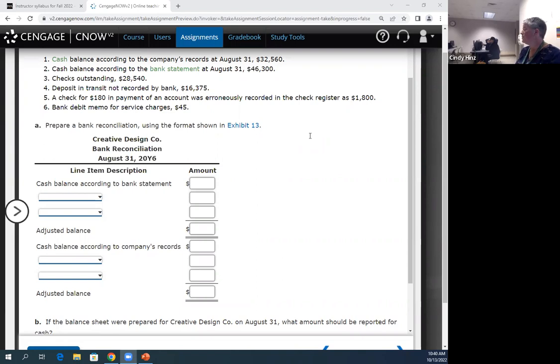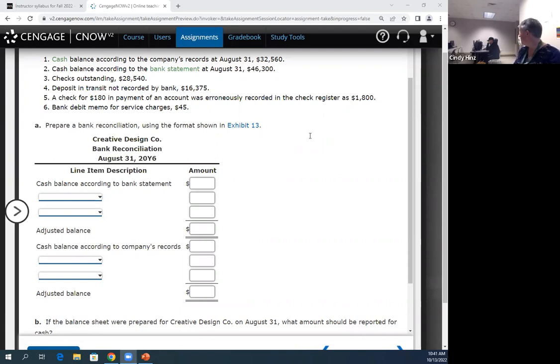What we are going to do in this exercise is see a very simple version of a bank reconciliation. And you can imagine that for a real company, this would get much more involved, much more complicated. And I'll talk about at least one of those differences and how it would look, to include more detail if this was a real company. So this is not a financial statement. It is a report that the company would prepare, as I said, generally on a monthly basis. This bank reconciliation should be done